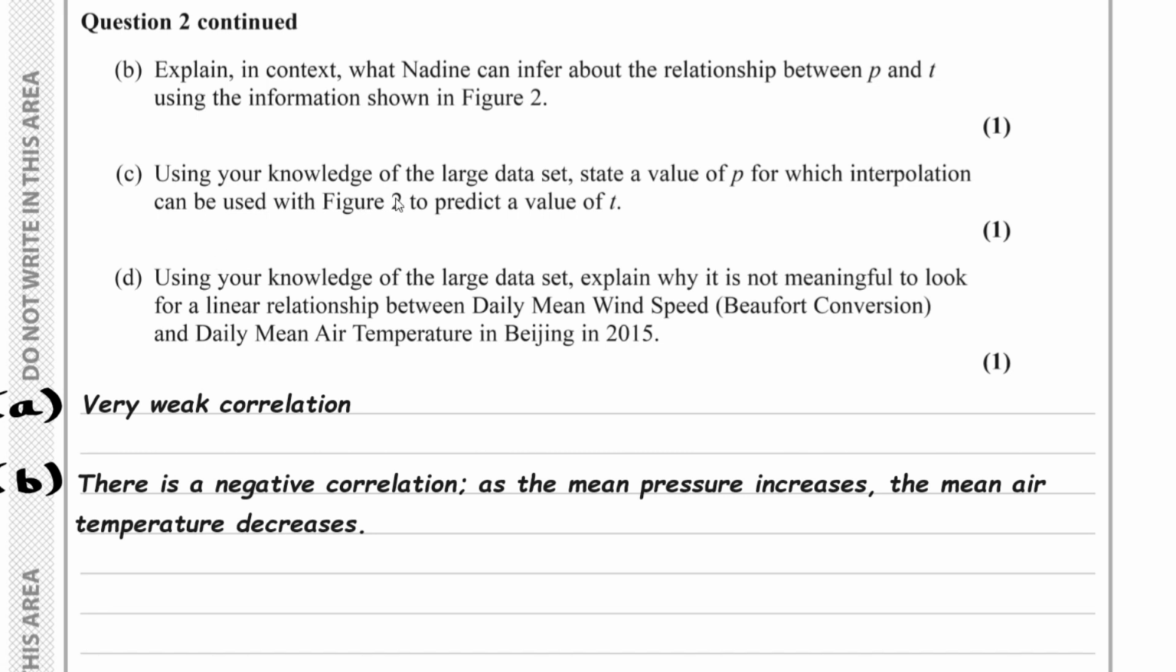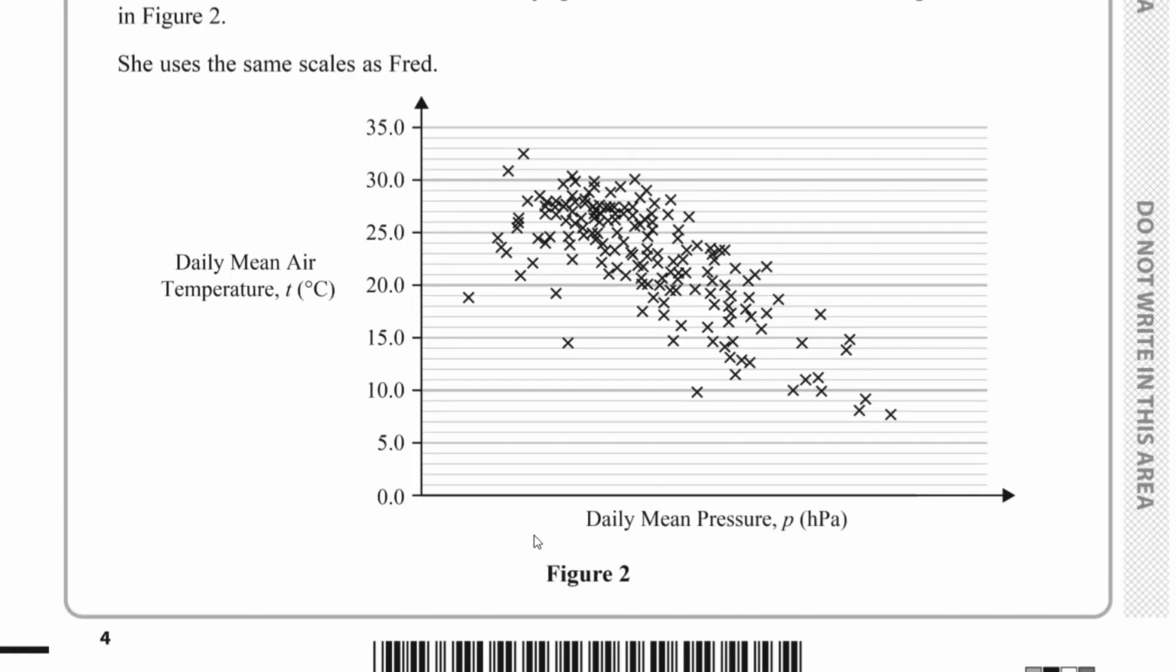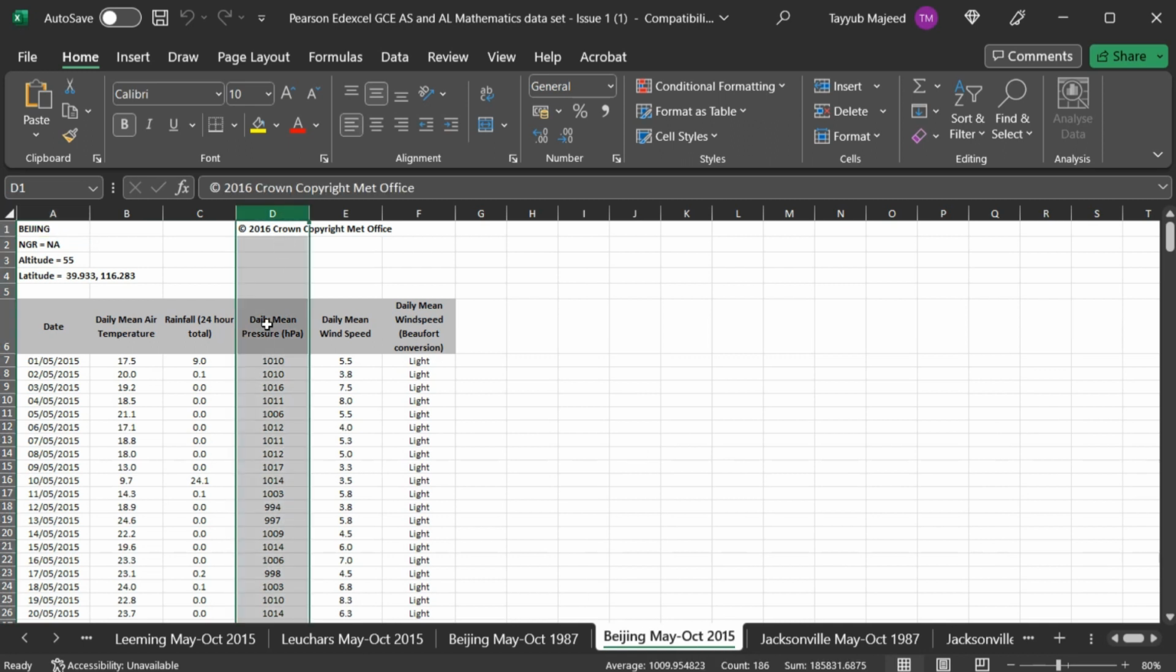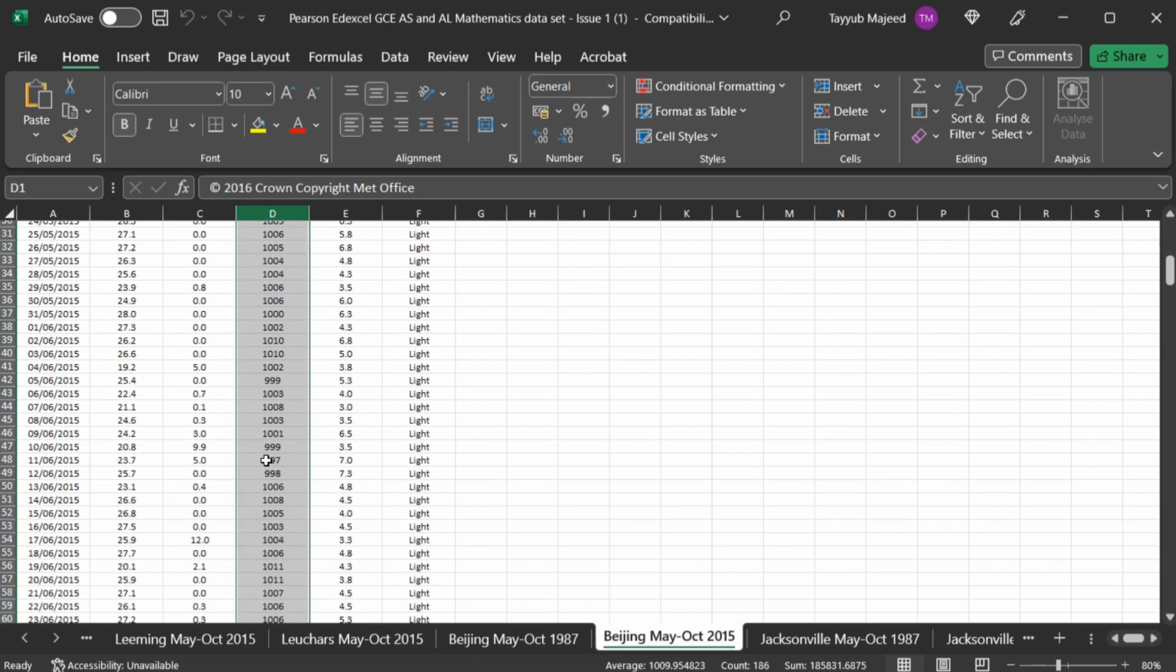Part C, using your knowledge of the large dataset, we have to state a value of P for which interpolation can be used with figure 2 to predict a value of T. So what's happening here is they've plotted data from Beijing 2015 from the large dataset. Now, if we go to the large dataset, Beijing May to October 2015, what we're looking at is the daily mean pressure, because that's along the horizontal axis. And what you can see, if we take a look at these data,